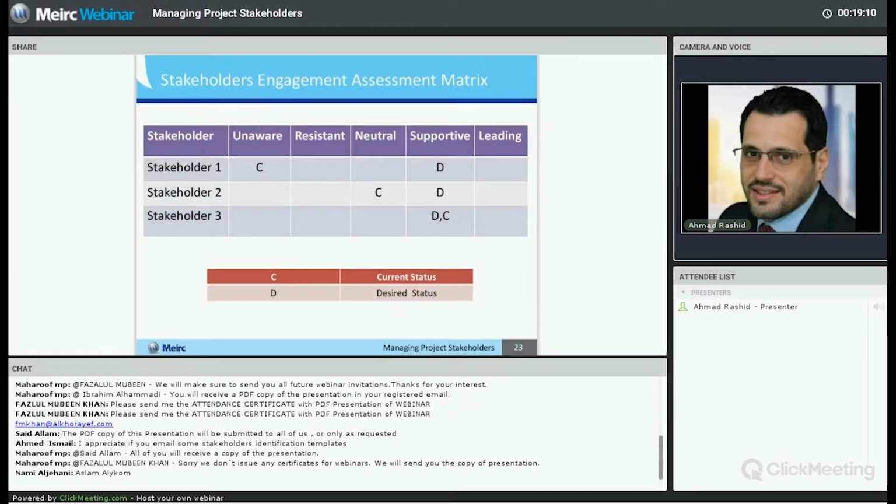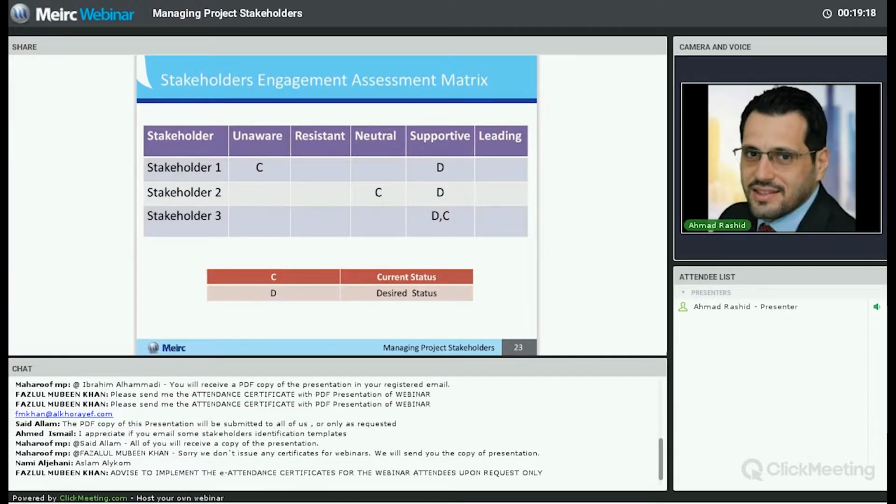positively. The last engagement level is leading, which is the stakeholder being aware of a project and potential impacts and actively engage in ensuring that the project is a success. So usually we list all our stakeholders and then we identify their current status and desired status. If there is a gap between their current and desired status, we need to take some actions, develop some strategies to move them from where they are currently to where we desire them to be in order to have